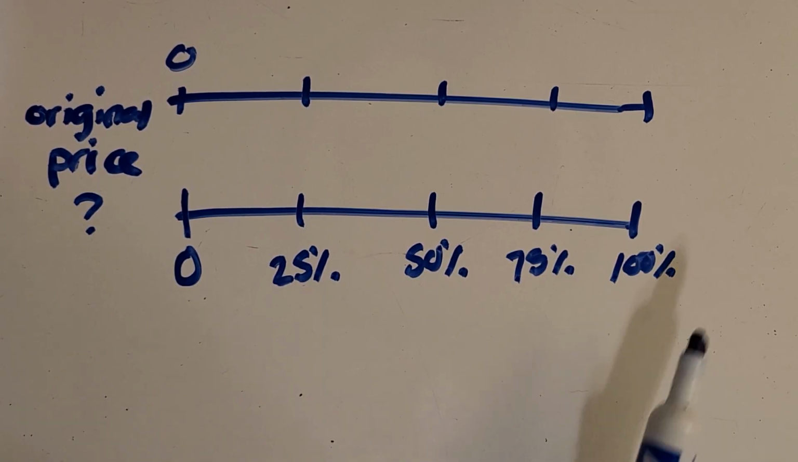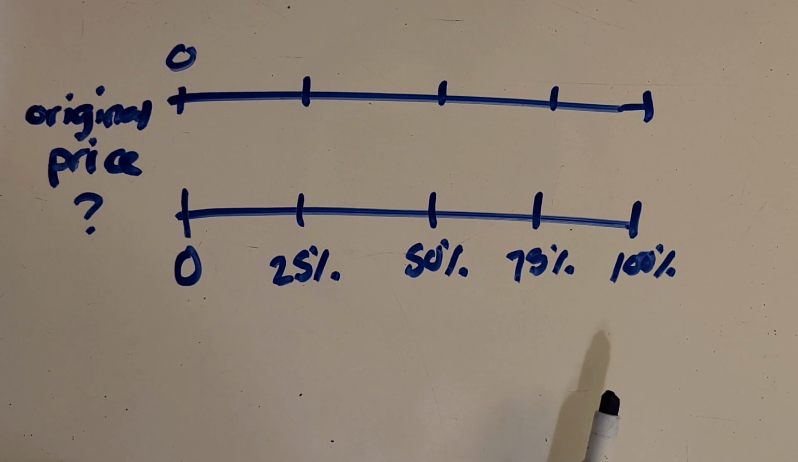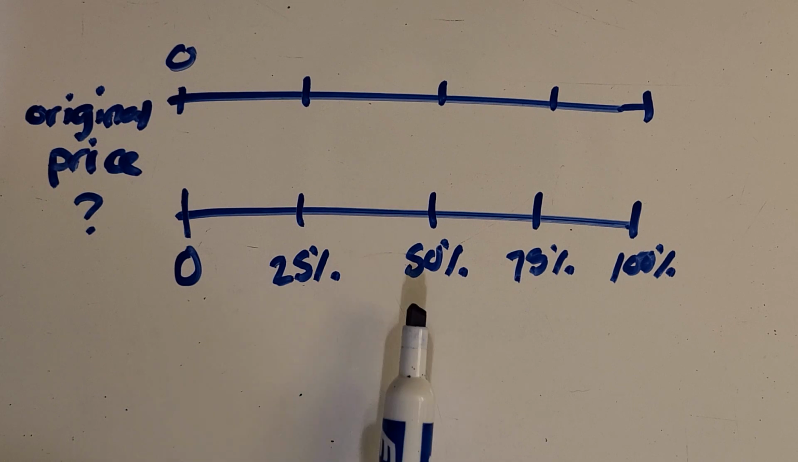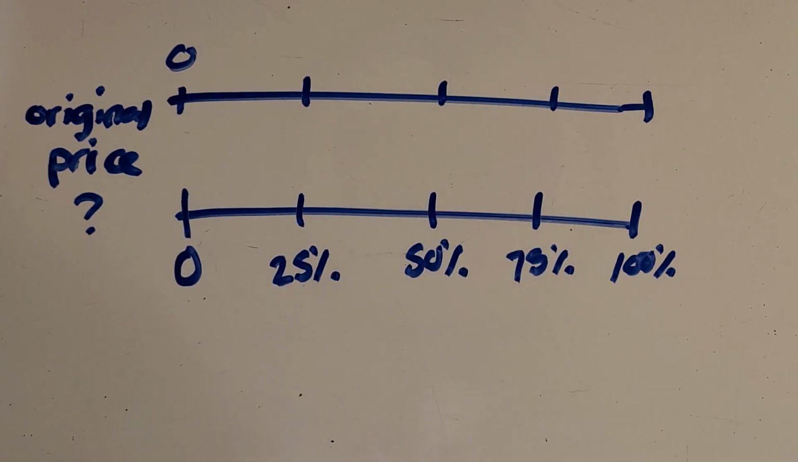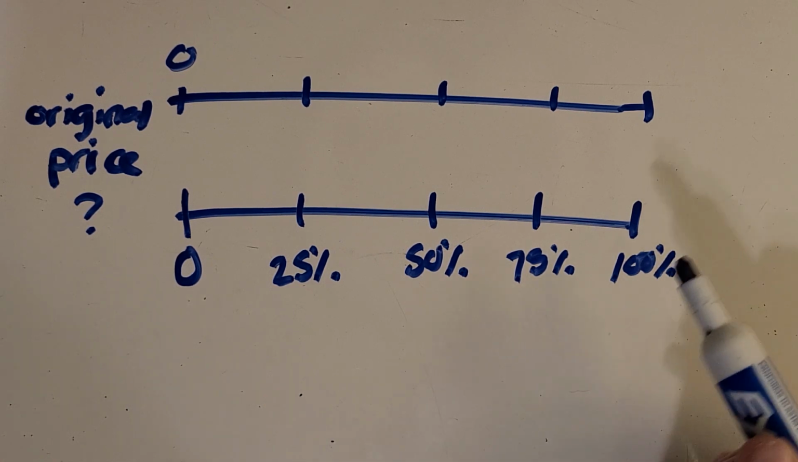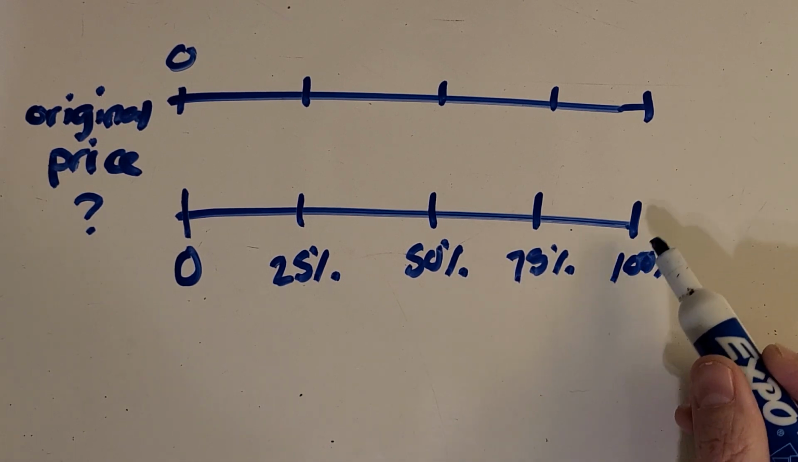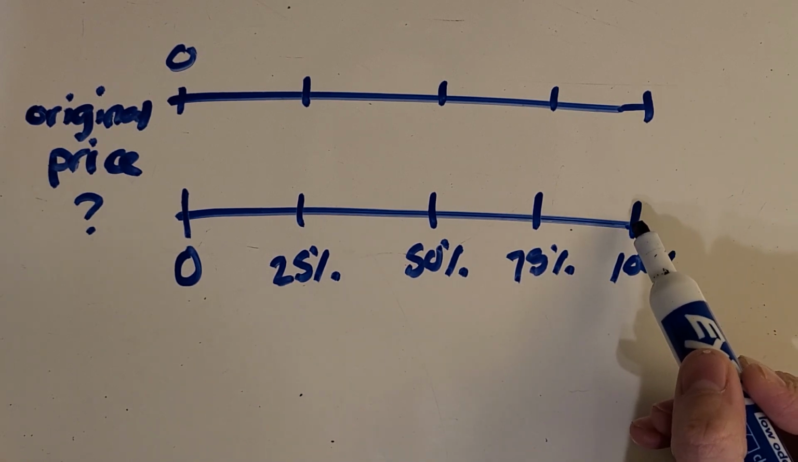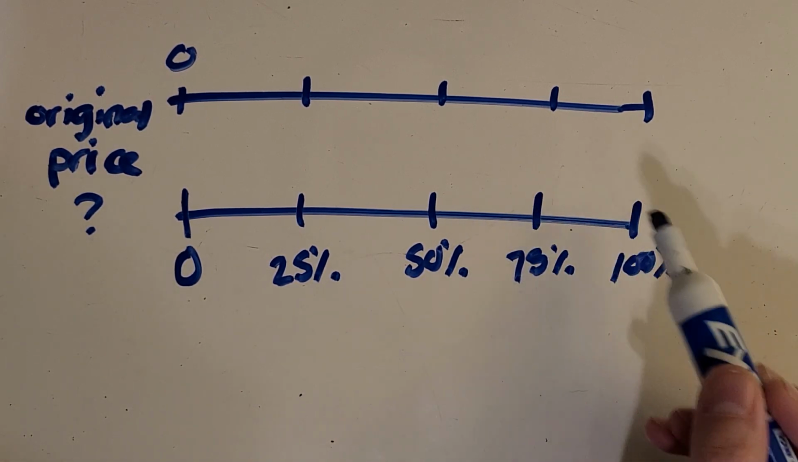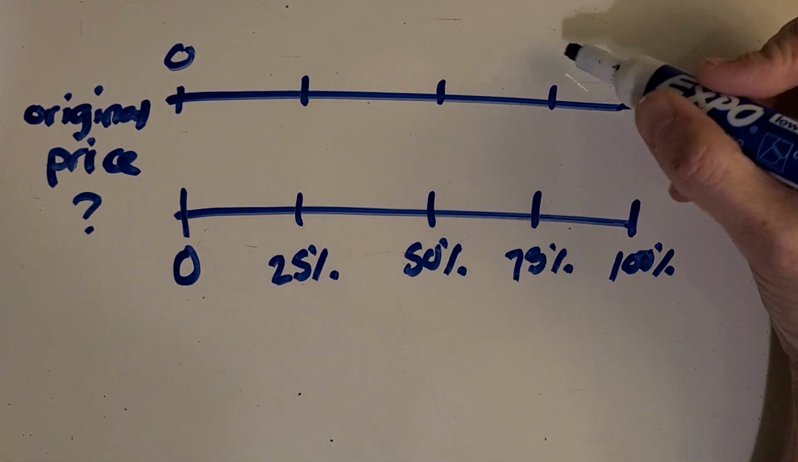All right, so this is the way I would set up my double number line when I know that it's 25% off. So I'm counting by 25s all the way up to 100%. And then I went ahead and made the top number line have the same marks. And then if I know that 25% off is $450, I think about, okay, so here's 100%. So that's the full price. And then 25% off would be this next one down. So 75% is